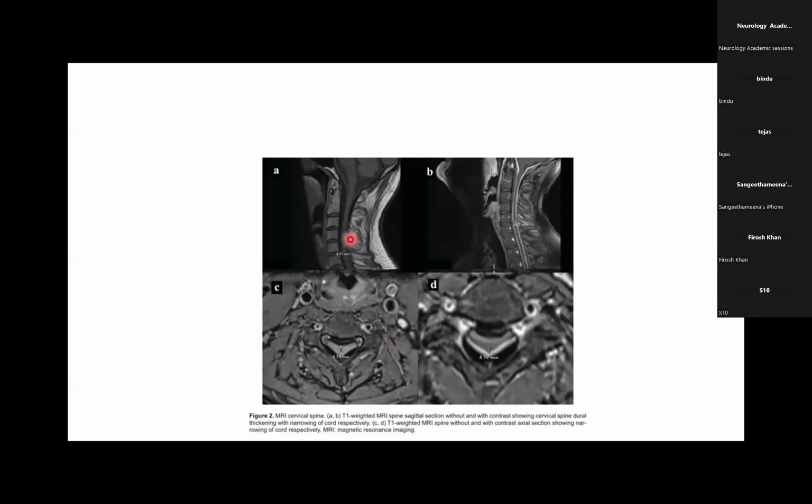Then this is of an MRI cervical spine showing diffuse enhancement on T1 weighted imaging, T1 contrast imaging showing diffuse enhancement extending from the cervical up till the thoracic segment, extending up till the C5 segment with spinal cord compression at the C5 level. There is thickening of the